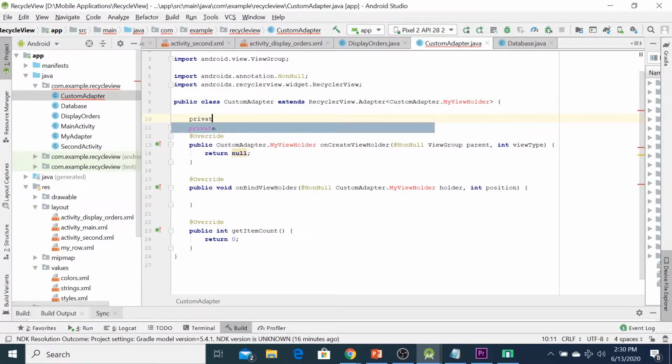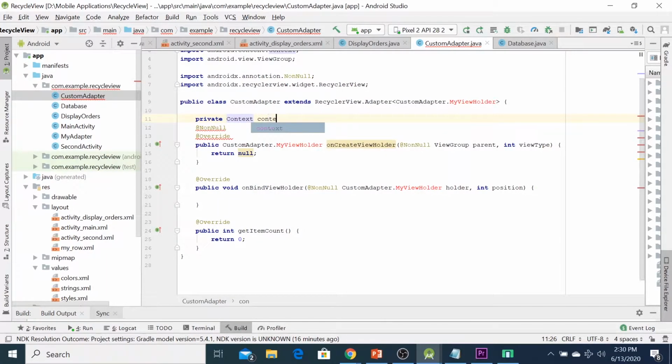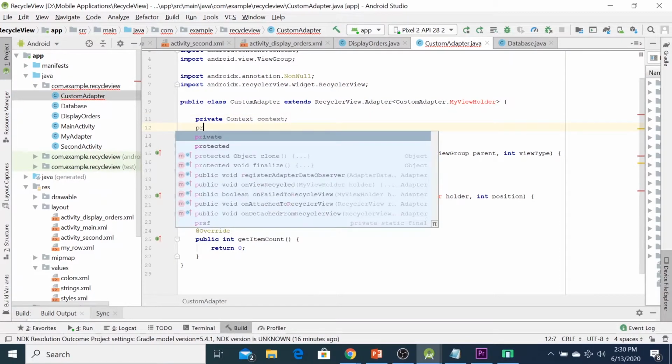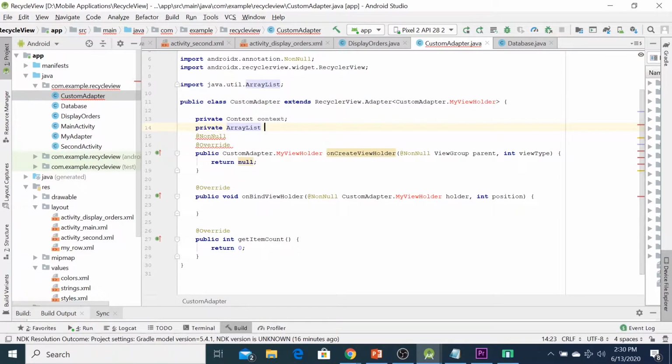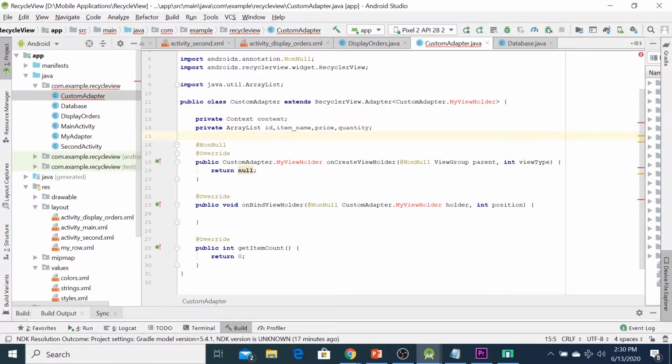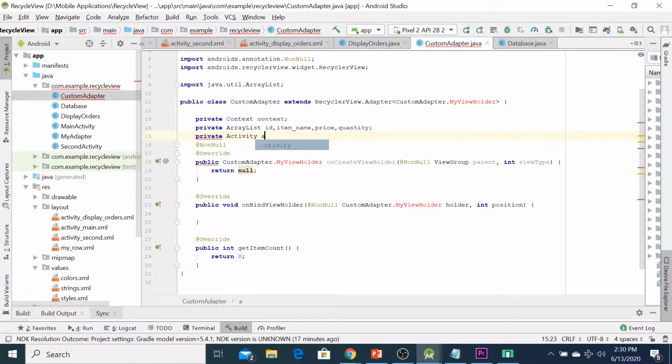For example, here private context, the array list, yeah, ID, item name, price, and quantity, and also the activity. Okay.